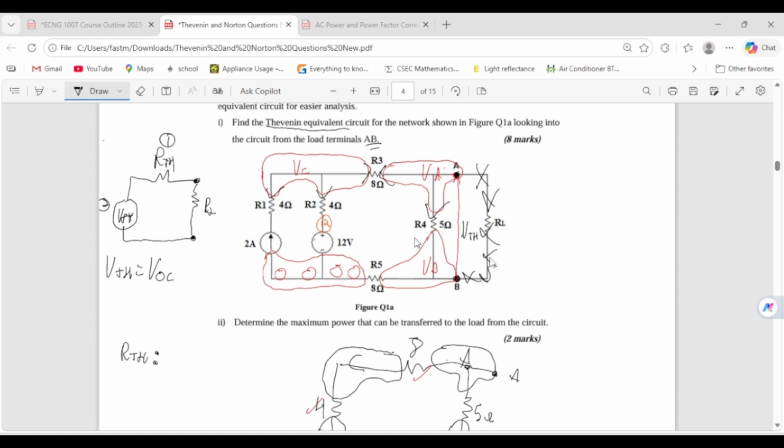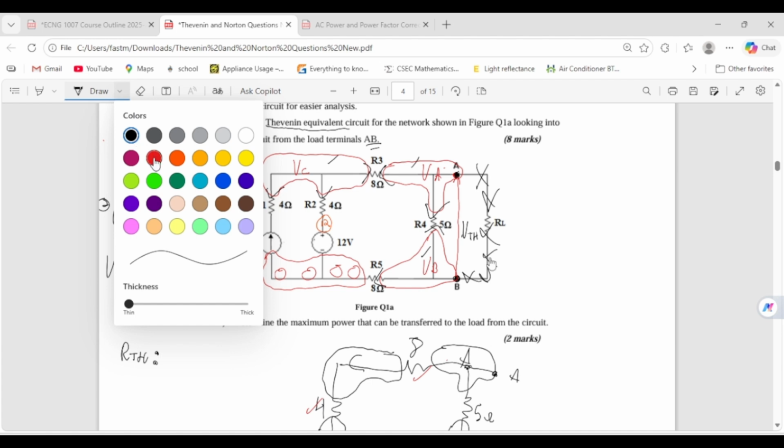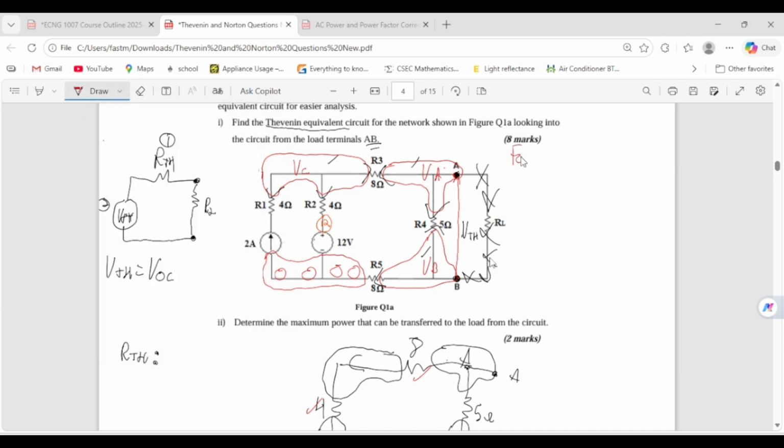So how many unknown nodes do we have? We have basically VA, we have VB, and we have VC at the bottom here. So we basically have 3 nodes, and we have 3 equations. So we need 3 equations to actually get the value. So the first one we'll do VA, since it's just the first one that we have. So for VA,